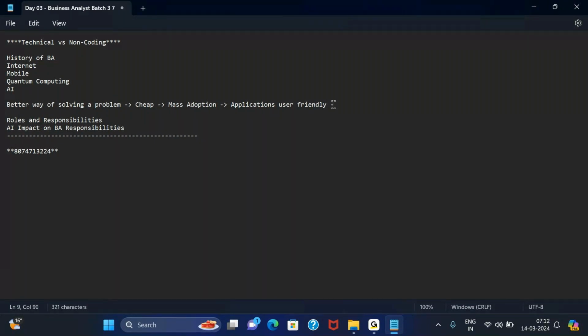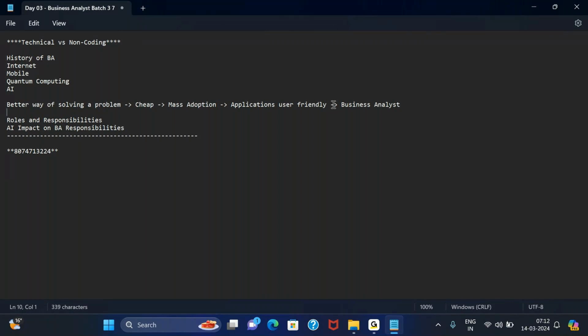So organizations started a role for business analyst. The role of the business analyst was not to build these applications, but to actually interact with the clients.